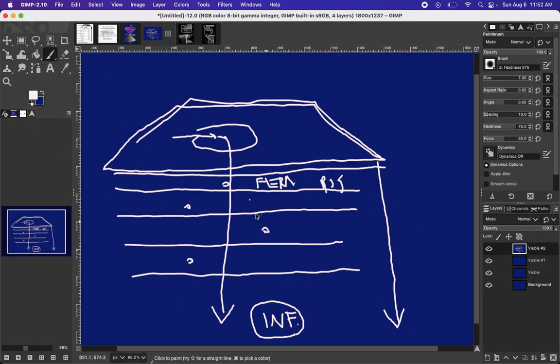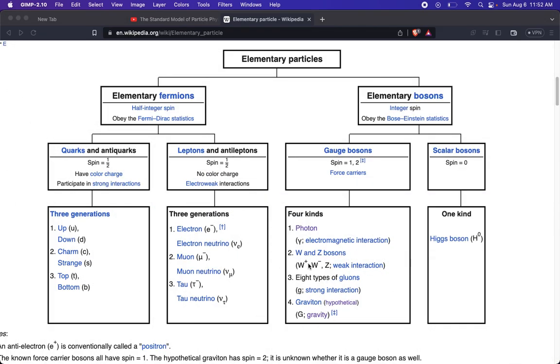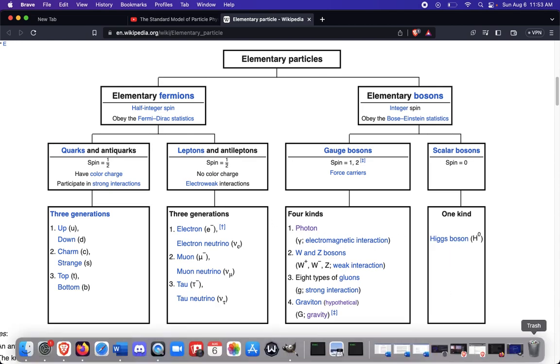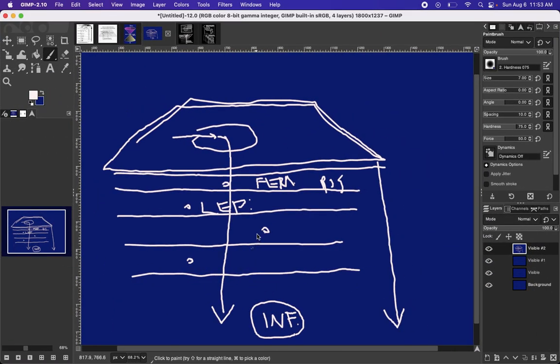And this is not how the picture will end up, because some of these are actually residing on probably equal fields. But say you have leptons, and then let's see the Higgs boson. We'll put Higgs down here.